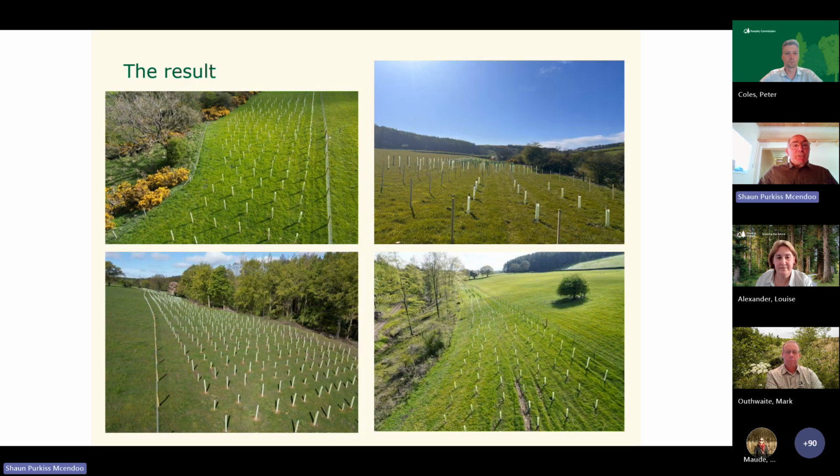The overhead pictures of the site that we created. You can see the fence lines, you can see the rows of trees. We went to maximise the amount of trees per hectare on that planting scheme. We've left some rides for getting alongside it for maintenance. We even put some gates into the new fence line, so we can get through from the existing woodland out into the grass field for maintenance and any vermin control that the keeper can do.